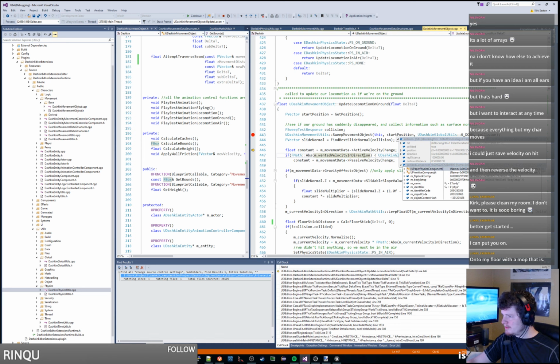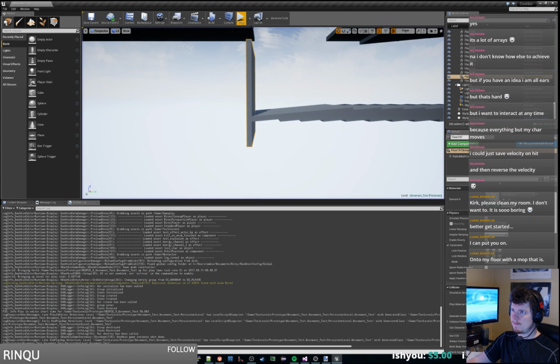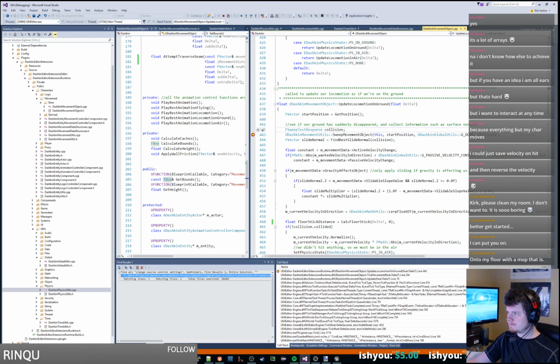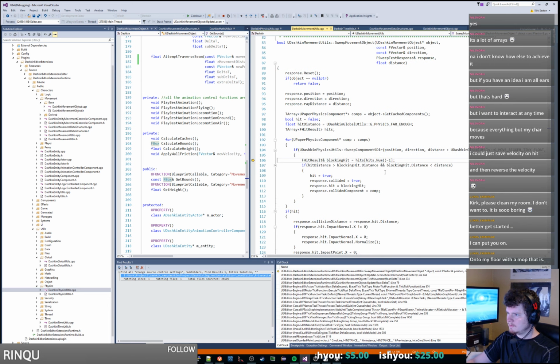The collided component was a paper physics component, body. What? Okay, the colliding component is the thing that we collided with, so